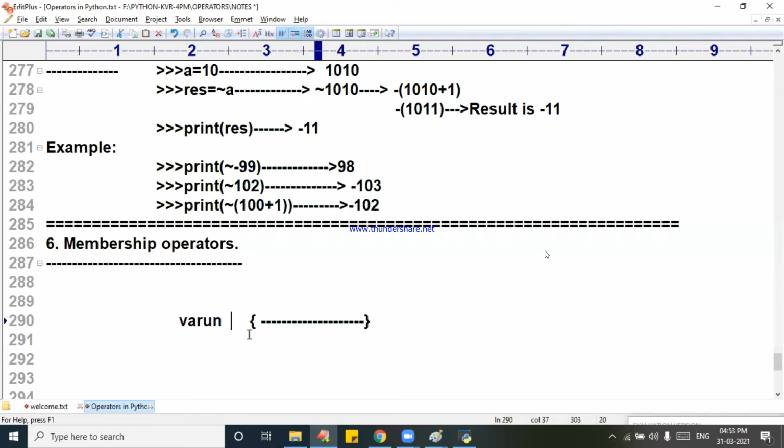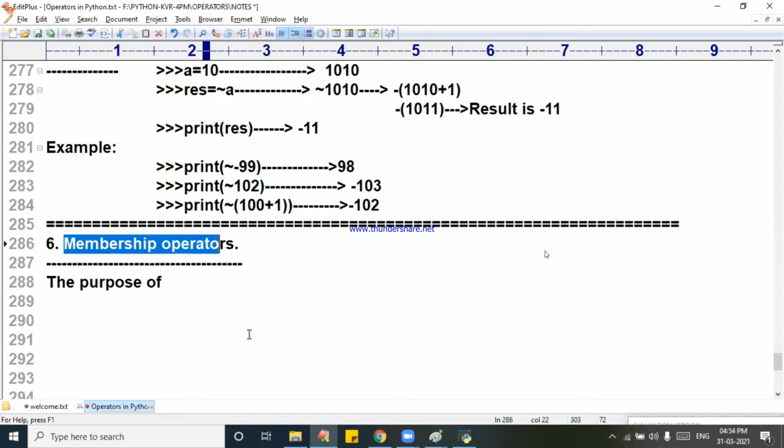object or not. Membership operators are used for checking whether the particular value is present in the iterable object or not. I am writing now the concept, the purpose of membership operators.